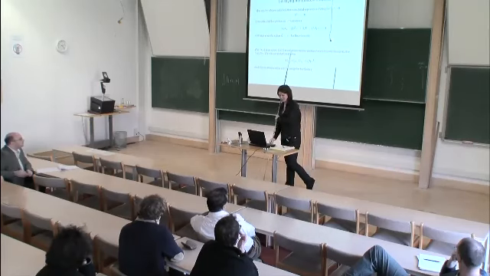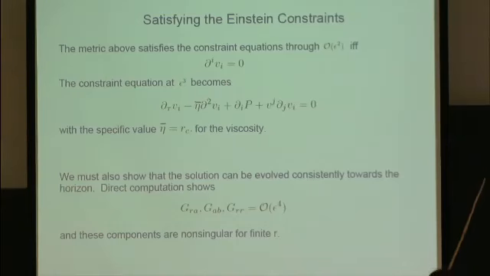A comment I want to make about the bars: I added those in by hand after I first wrote this talk. And the reason why is, although we called it eta in our paper, it's usually called nu by fluid people because it's a kinematical viscosity. So if you ever try to talk to fluid friends about this, you want to make that distinction clear. The other reason it's important is that if you just naively take this r_c and try to plug it into the eta over s formula, it won't work right. You want to make sure that you actually use eta and not eta bar. So you have to be careful about that.